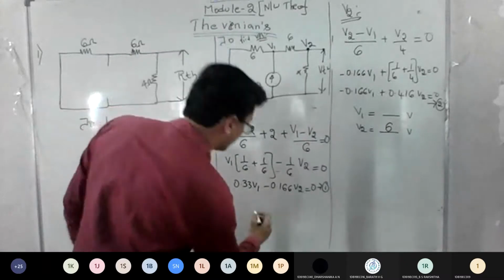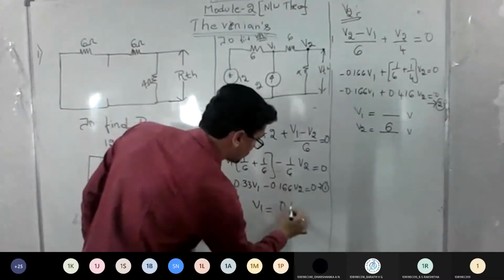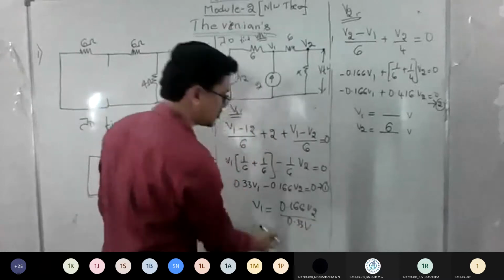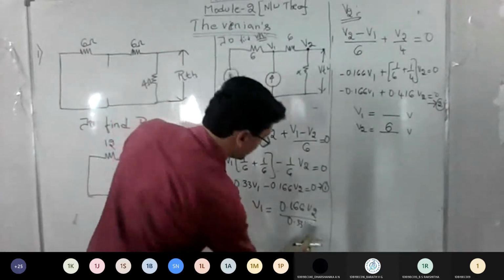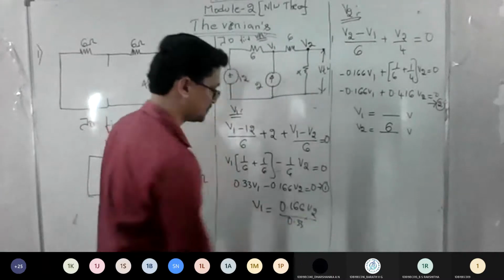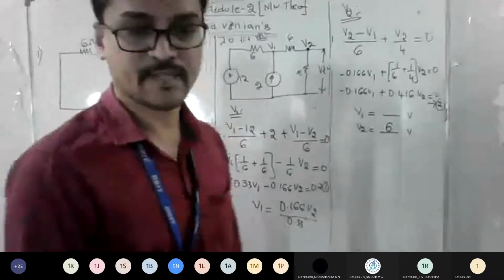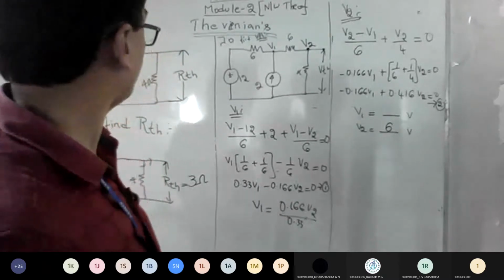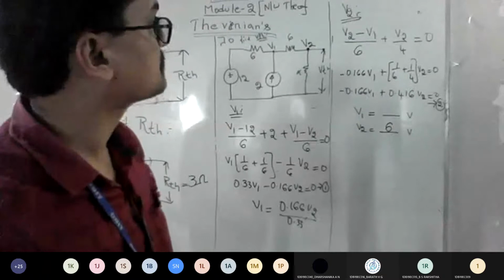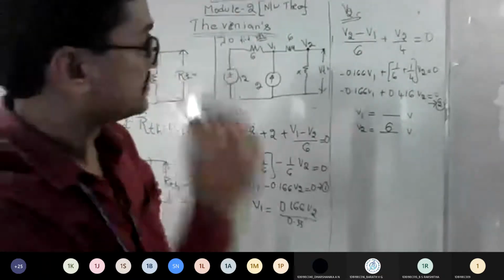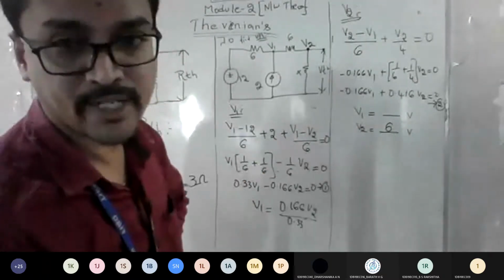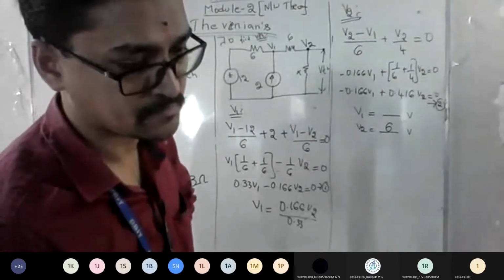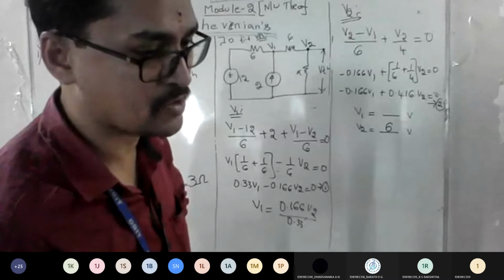You just get the answer of V1 here. So V1 from equation number 1 is 0.166 V2 divided by 0.33. So substitute this. How much is this? Check out. If it is getting 0, it means somewhere there is a mistake. Anything we have missed anywhere? Did you draw the circuit? Is the equation correct? You have to get same answer like what you got in KCL. So direction was plus minus only, no?